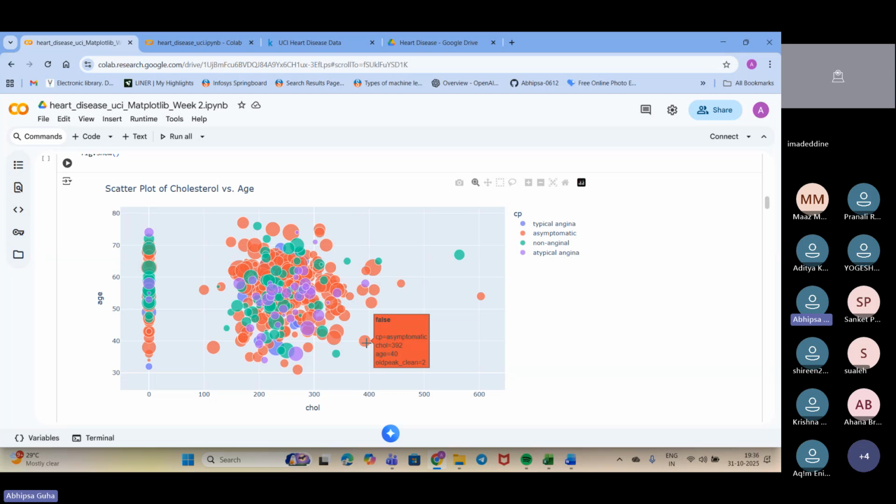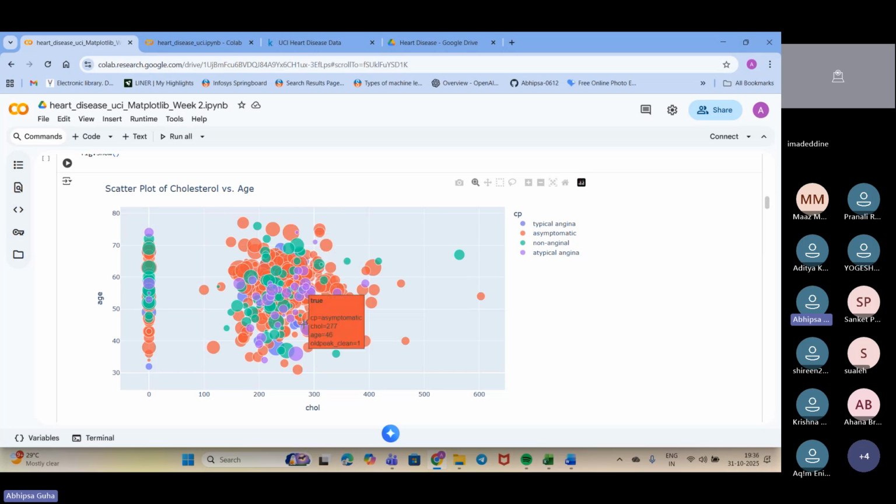You can see the old peak we have got here is 2, right? When we move to a bigger bubble up here, you can see the old peak is 4. So the size of the bubble also matters. For the shorter bubble, the old peak range is 1. So we are just comparing cholesterol based on the age.